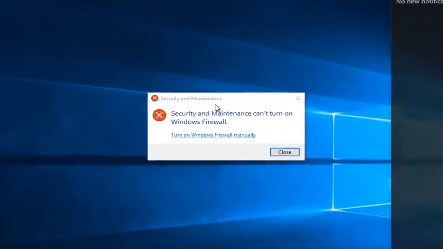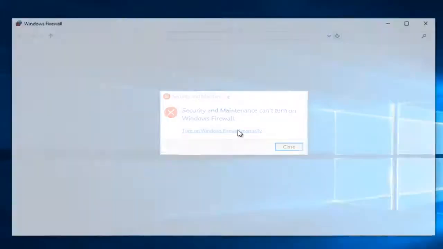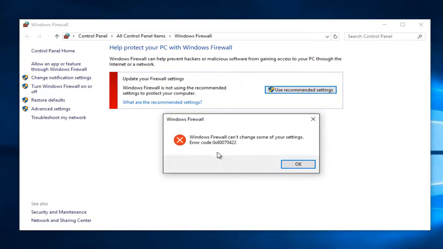However, we run into an issue saying security and maintenance can't turn on Windows Firewall. So then you'd be prompted to turn on Windows Firewall manually. So let's just say we did that and we left click on this link here. And we left click on Use Recommended Settings. We receive this error alert saying Windows Firewall can't change some of your settings. And then we get the error code